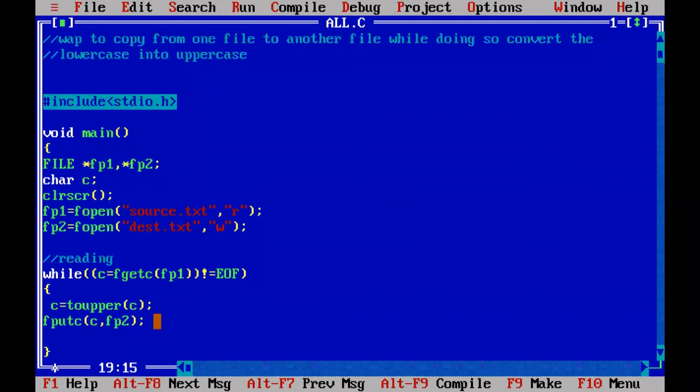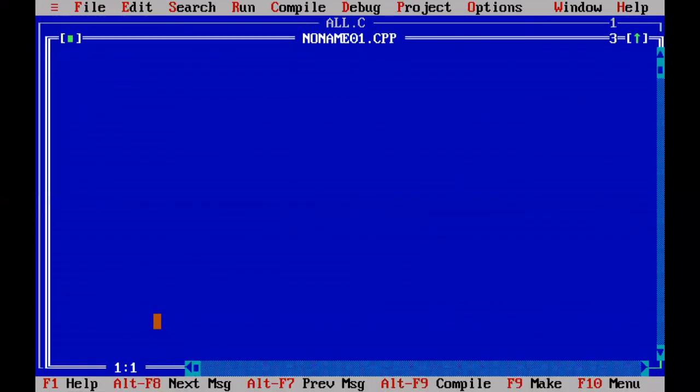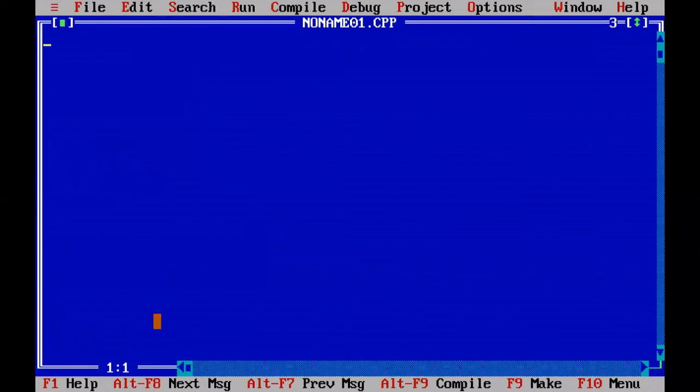Now go to the file menu, new. I want to give some homework. There are some more programs, 2 more programs I want to give as assignment. First one is, it will ask you to write a program to merge or copy the first file and second file into the third file. That means merge the content in the first file and second file into the third file.